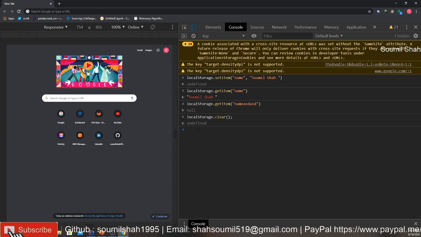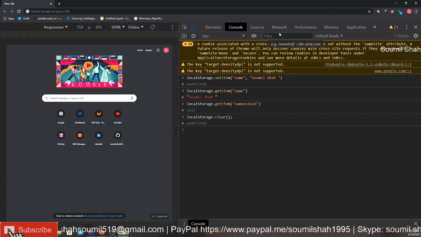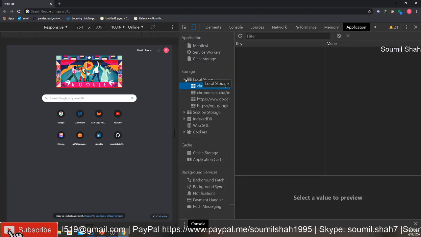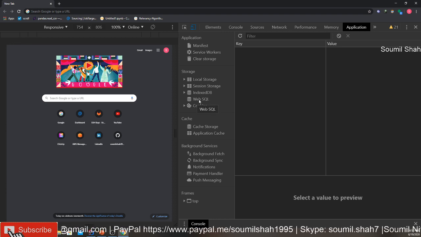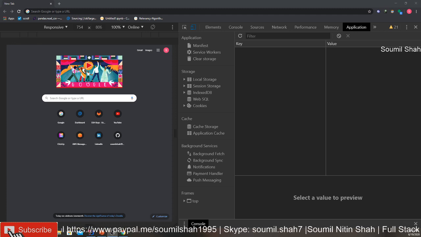You see how efficiently you can use this temporary storage in the web browser. You can cache things like DOM elements, or, as I said, an ID or some kind of unique identifier. You can do a lot of things with these kinds of storage. I wanted to give you a very introductory video on local storage, session storage, IndexedDB, Web SQL, and cookies. In the upcoming videos, we'll be looking at code for each one of them.